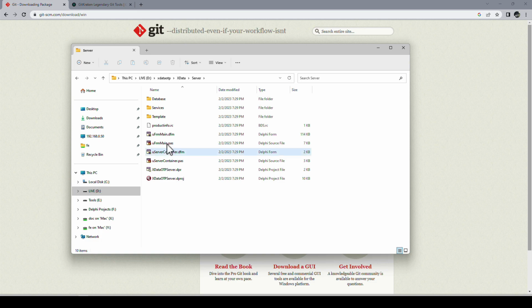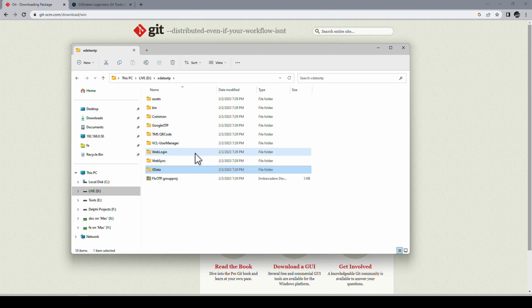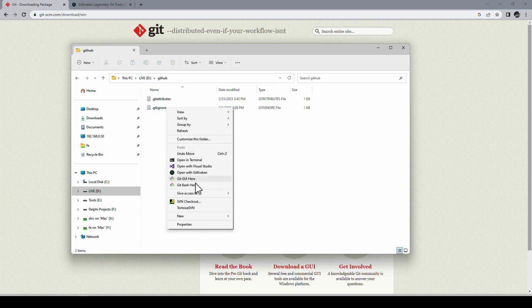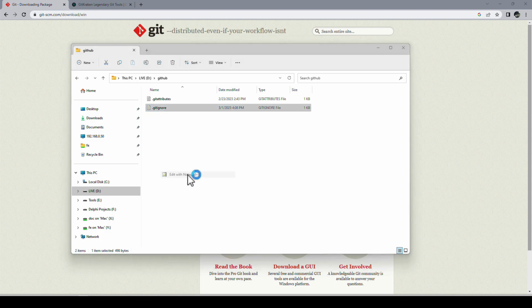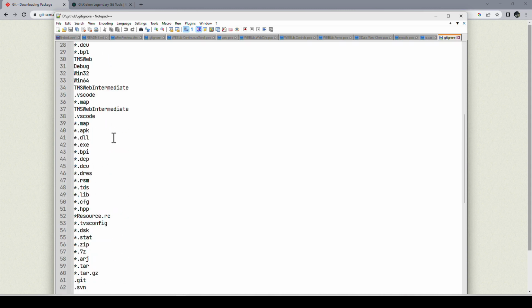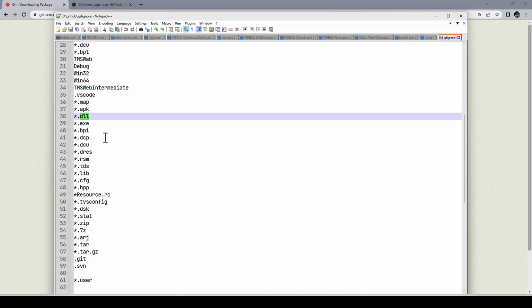So with that, we can create this file that allows us to filter those specific files out. But let's start with the actual Git repository first, and then we'll look at that in detail. Let me just show you the file real quick, what it looks like. It's just a text file. And if Windows shows me the dialog I need, here's all the files that you don't want to see in there. DCP, DCU, EXE, DLL, all that kind of stuff.